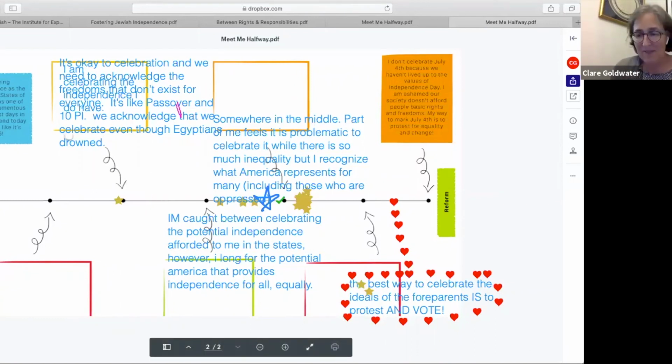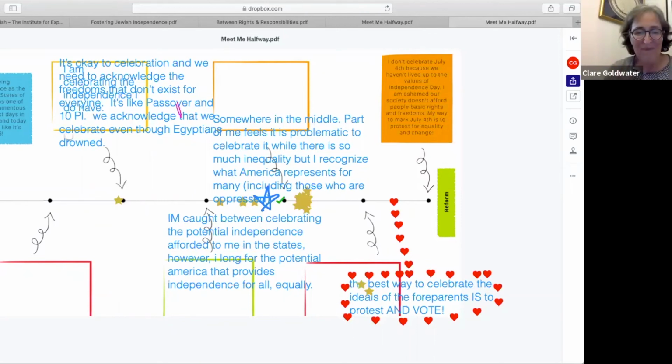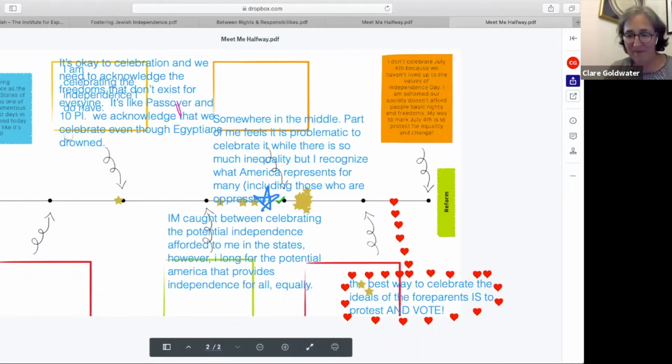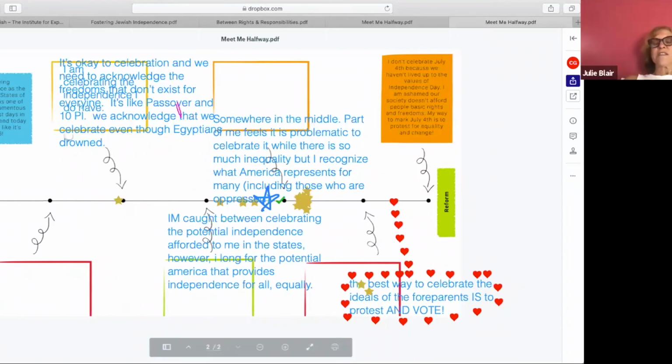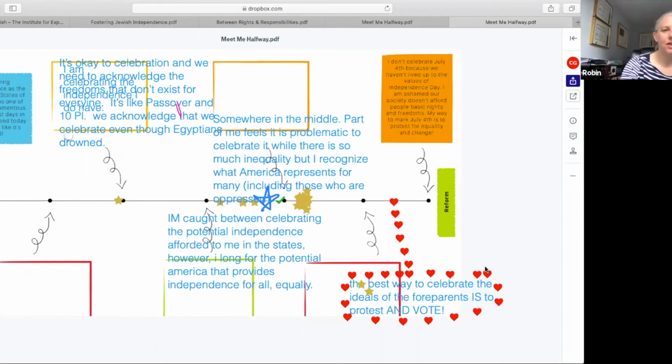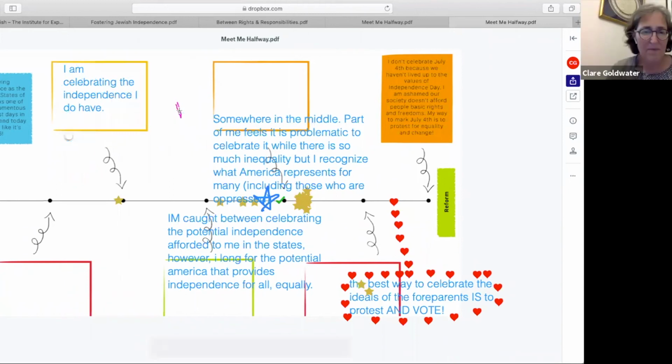Yeah. Anyone else? Robin, can you move that text down? I can't figure out how to. I can delete it. Here. Oh,